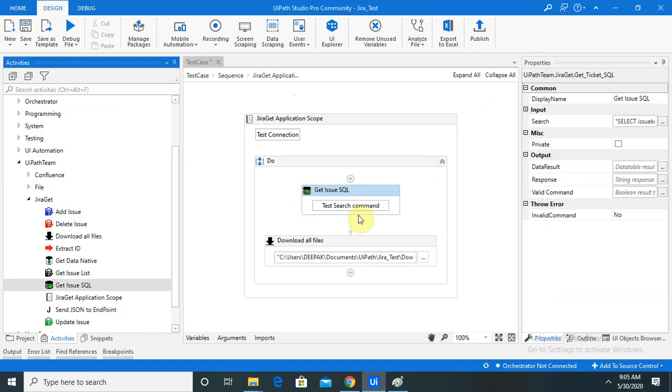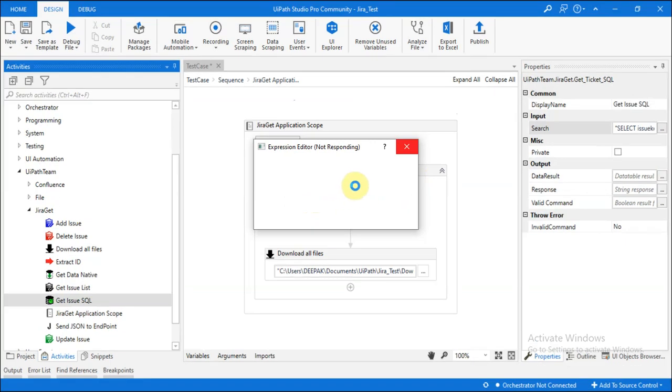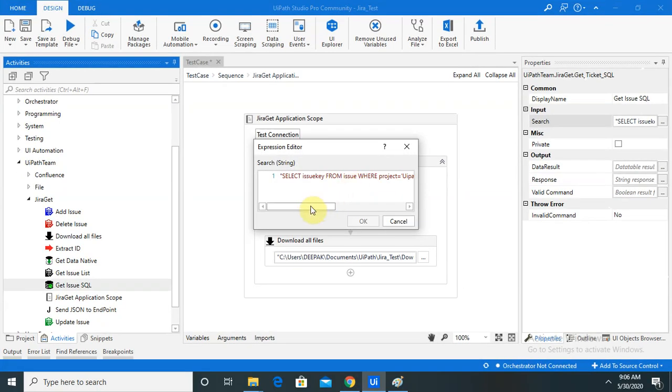Let's save this. Once you save, you are able to see the search SQL command is available here. Let's wait for this tab to open completely. Whatever SQL command is there, the same command is available in the search path. Once UiPath runs it, it will run this query. Select is the first command, used for selecting from a table and extracting data.